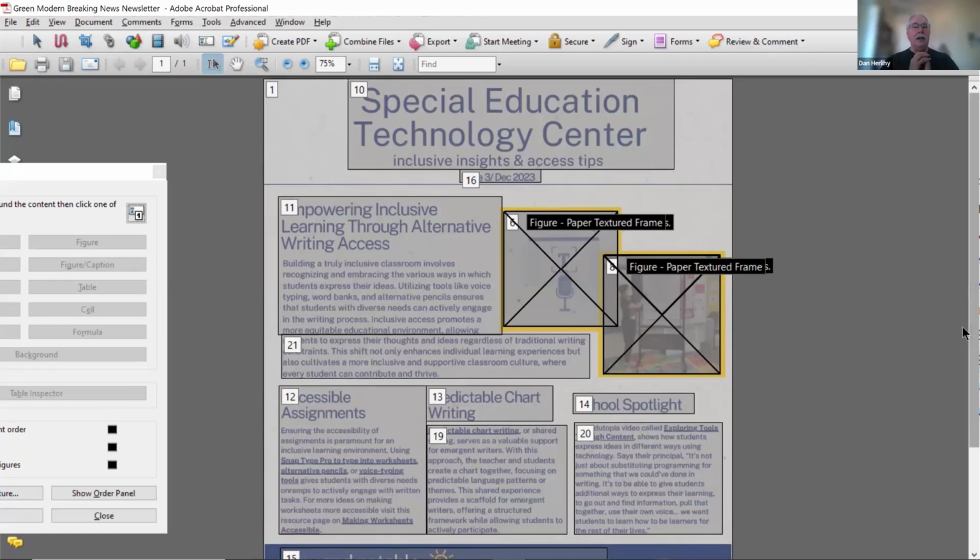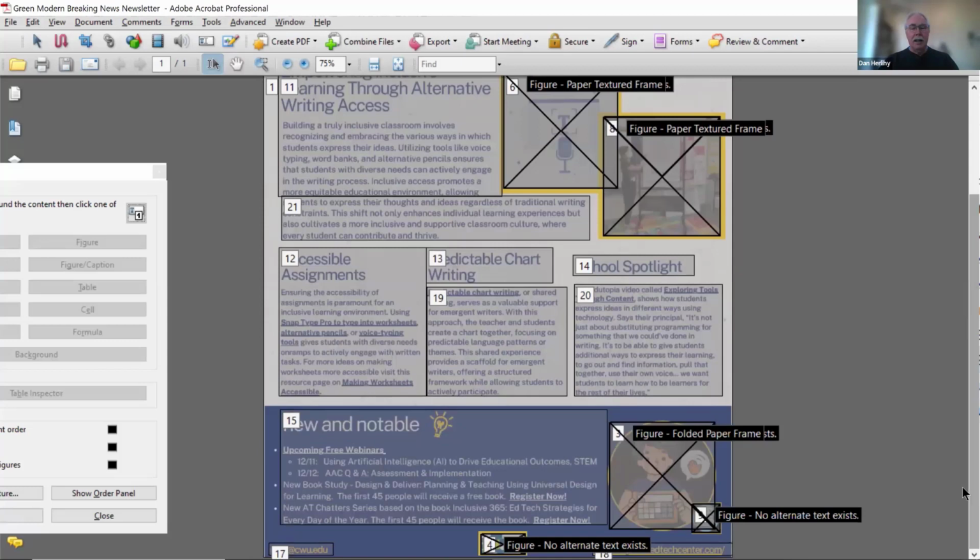So take a look at the reading order. It read the heading 10th. Well, wait a minute, what's it reading first? So I'm going to scroll around the document, and you know what it ended up reading first? Way at the bottom of the page. Okay, and I can see, oh, wait a minute, it's going to read this 11th, this 21st, this 12th, 13th, 19th. It's going to go 12, 13, 14, and then it's going to jump somewhere else in the document and